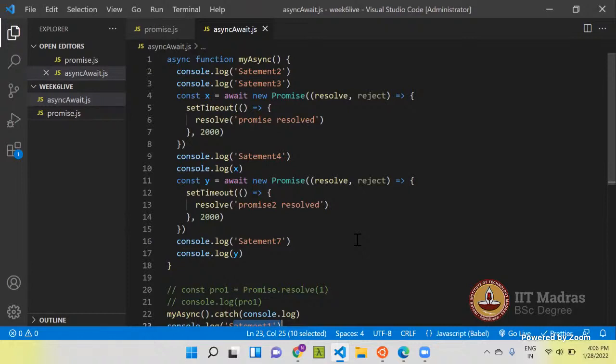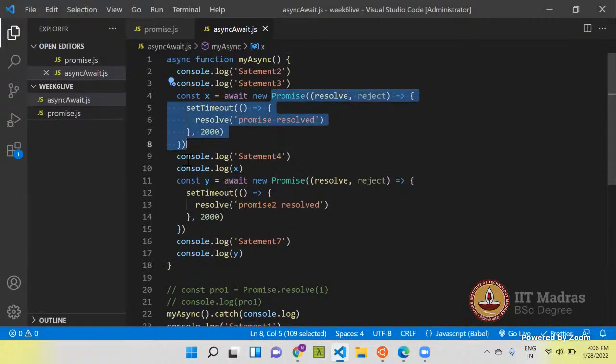If there is no await, it will act like a synchronous function. It only works asynchronously when it encounters the await statement. And once this promise gets settled, it starts working synchronously.